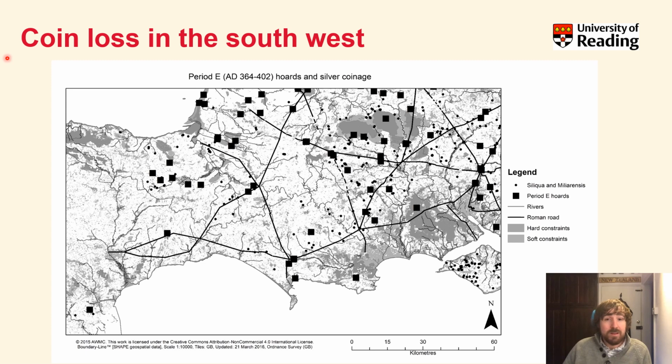And my conclusion at the time was that these coins were probably evidence not just of agricultural wealth, but also mineral wealth. And I linked them in some form to either lead extraction or silver extraction in the Mendips. And I'm not suggesting that these coins were produced using metal from these regions. I'm just suggesting, or suggested at the time, that this might relate to the wealth from this extraction.